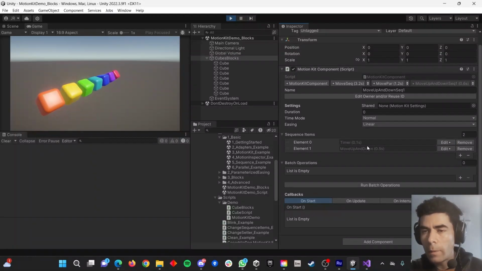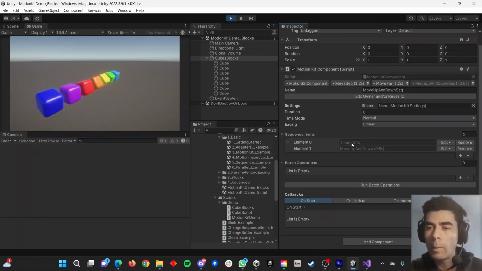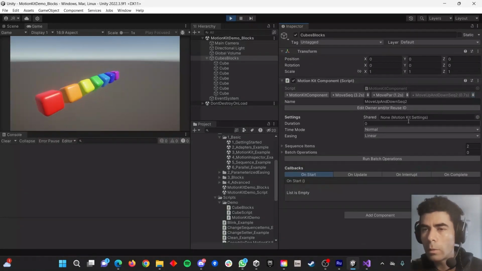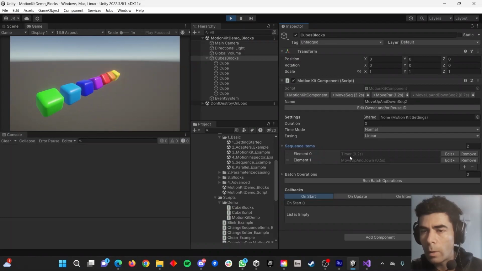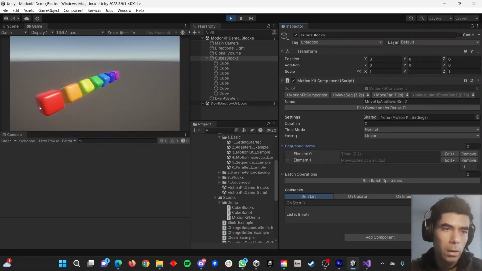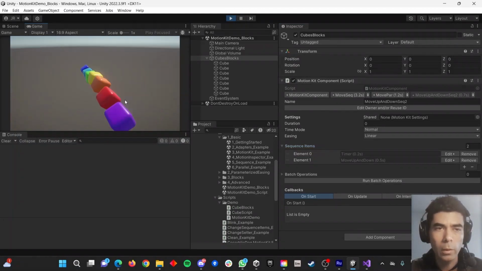So you can see inside of each of the move up and down parallels, it will start with a timer of a certain duration, and the next one will start with a timer of a different duration. This one is 0.2, the one before was 0.1, and so on. So that's how we get this sequential effect, right? It starts a certain time, this starts 0.1 seconds after, and so on, and we have this cool effect.